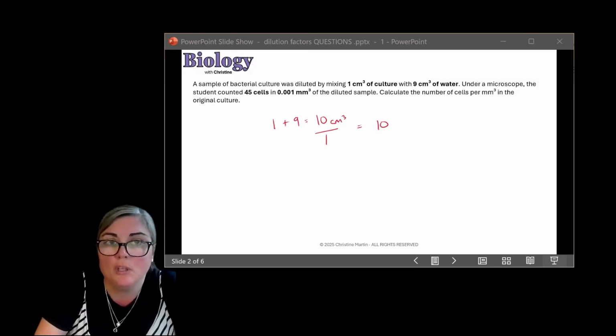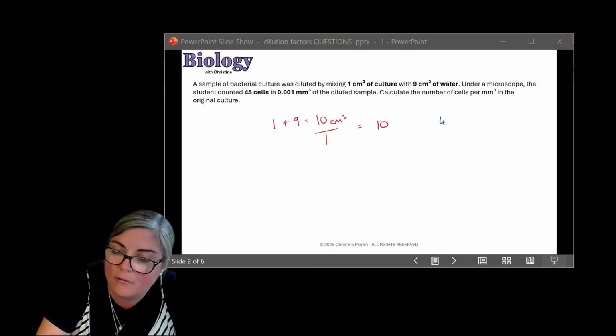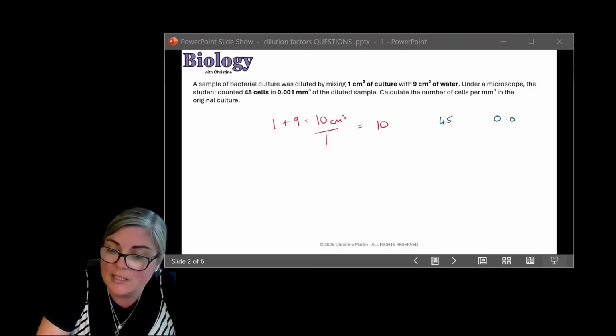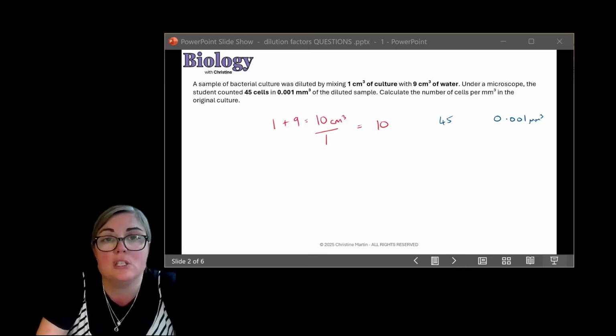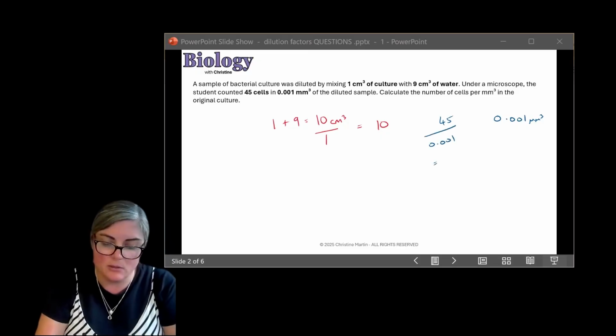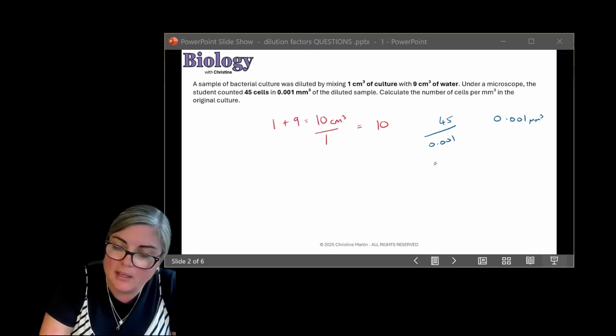Same way we did before, look at the number of cells. We have got 45 cells in 0.001 millimeters cubed. And what I'm going to need to do is divide that 45 by 0.001. And what do I get? So let's do that now. 45 divided by 0.001. And I therefore get